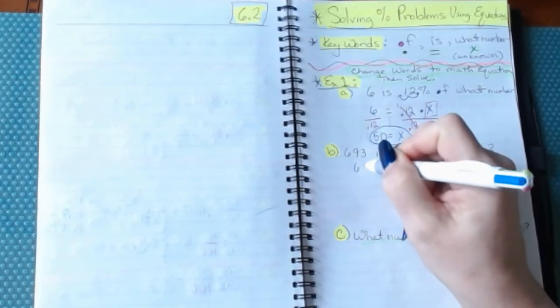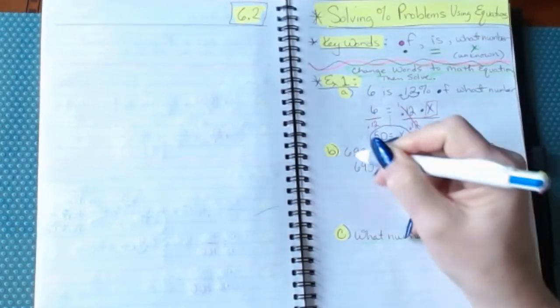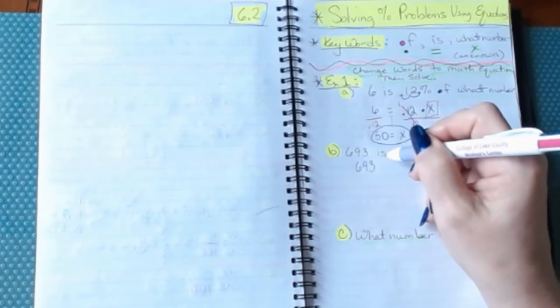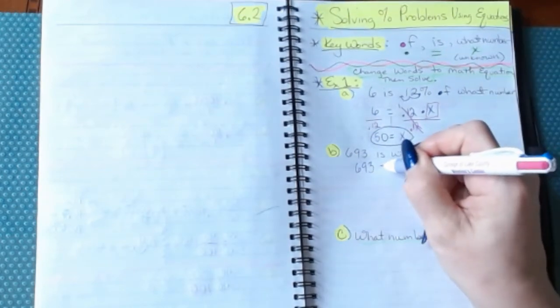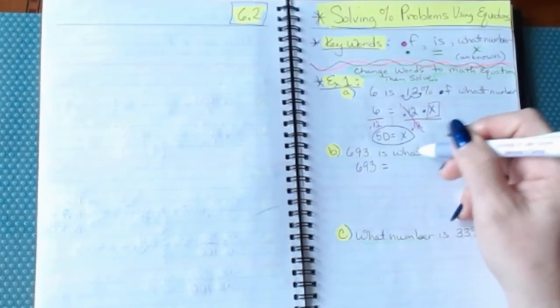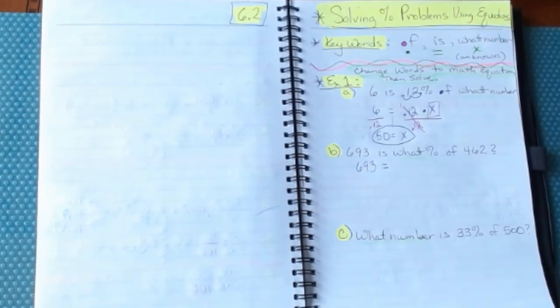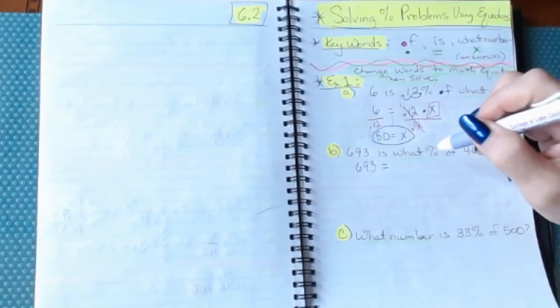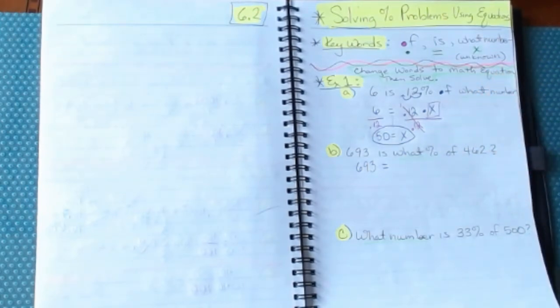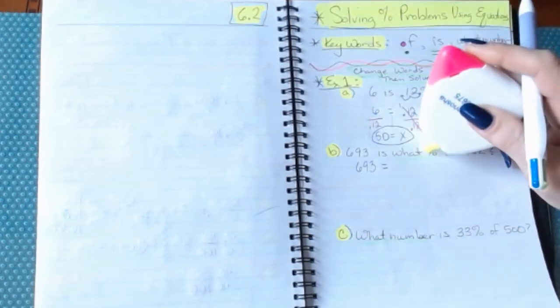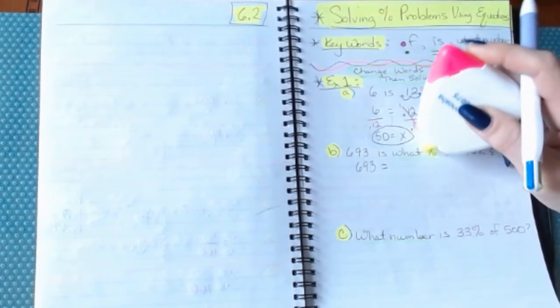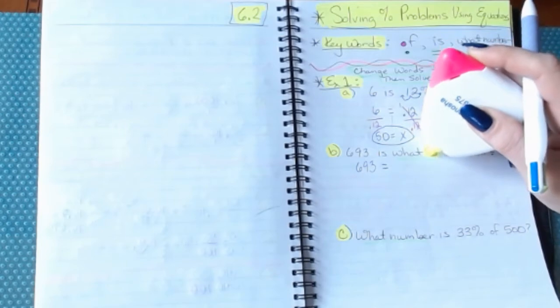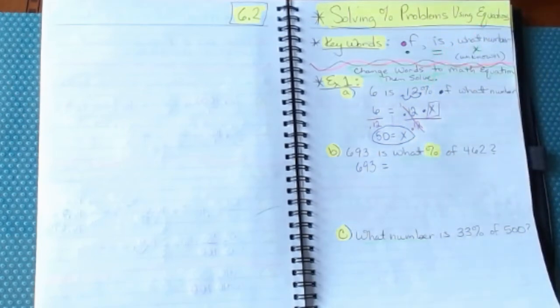Again, very similar. So we take our 693, bring it down because it's just a number. Is means equals. What percent? Now you've got to be careful. So far we've been talking about what number, what number, what number. This one says what percent. Now when it says what percent, this is the only one where you have to do one extra step at the end. And there are other ways to do these problems, but I am just following a uniform